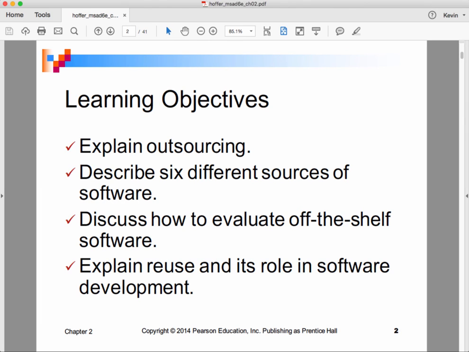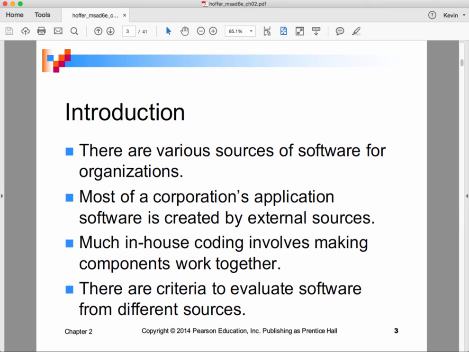The learning objectives I'm going to allow you to read for yourselves. And by way of introduction,